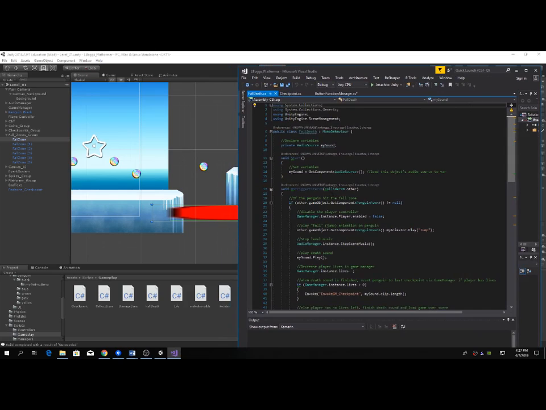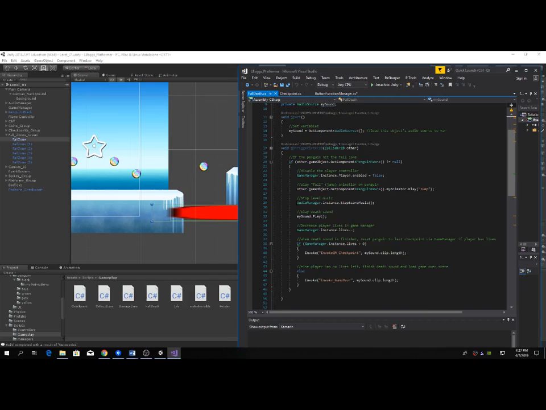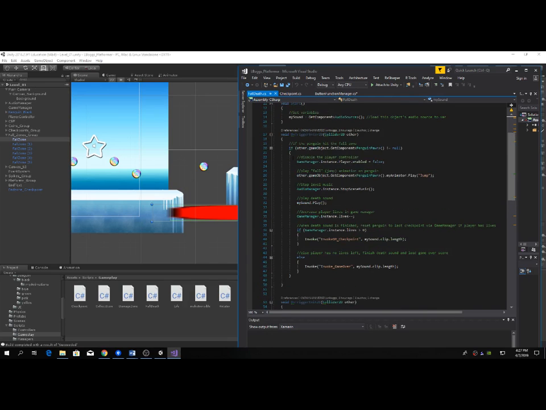On start, we set the sound equal to the audio source component that's on this object, and then we have a function for OnTriggerEnter2D. The first thing we do is the same thing that we did on our checkpoints, which is check to see if it is the player that has crossed our bounds, because if not, there's really no sense in doing anything else. And if the component is not equal to null for a penguin pawn on this object, which it is the player in that instance,